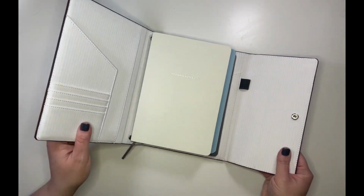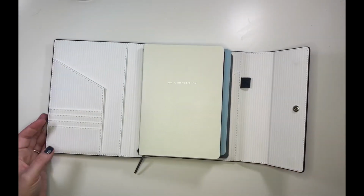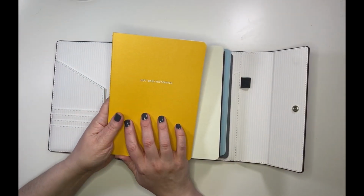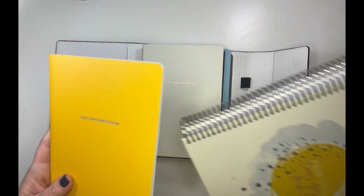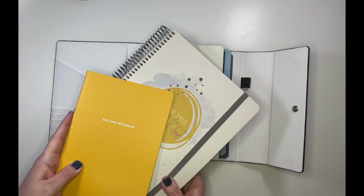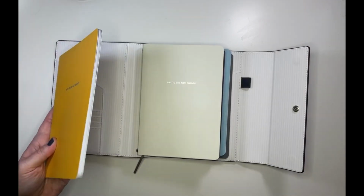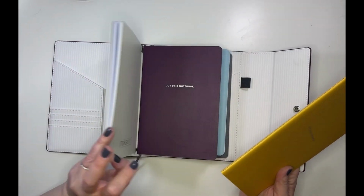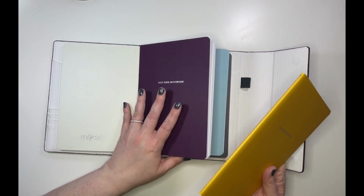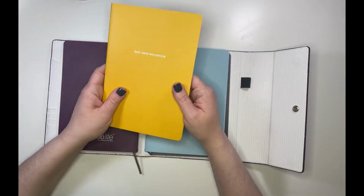So I have the 4, right? I have these 4. And then this is from their rainbow notebooks that they did for Pride this year. Again, yellow and purple is a thing right now for me. So this is going to be my journal. And then this purple, this is going to be my content planner for the year. And then this is going to be my